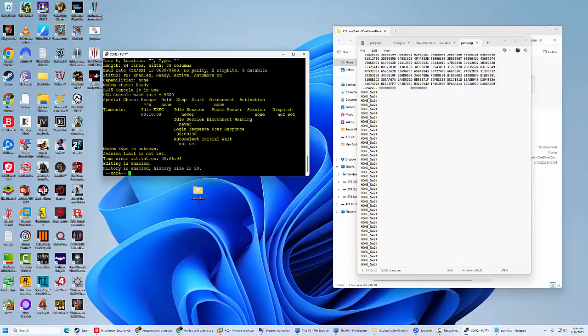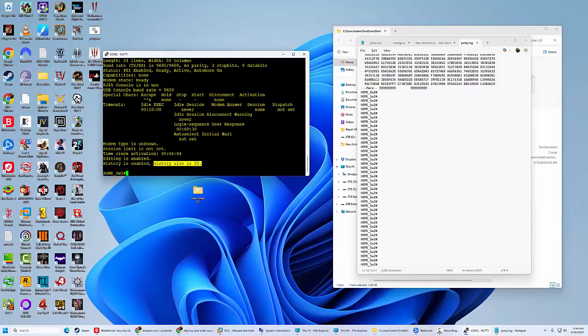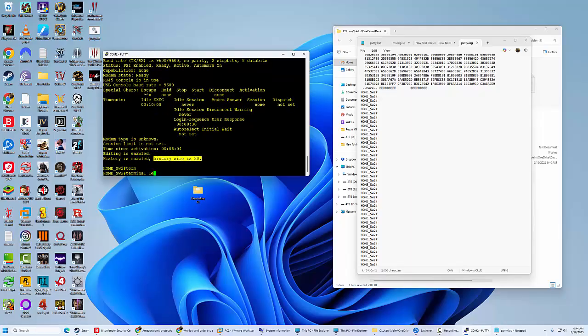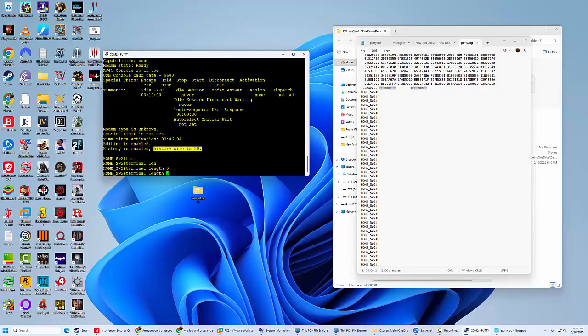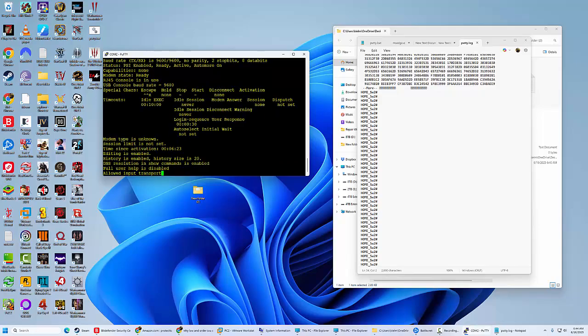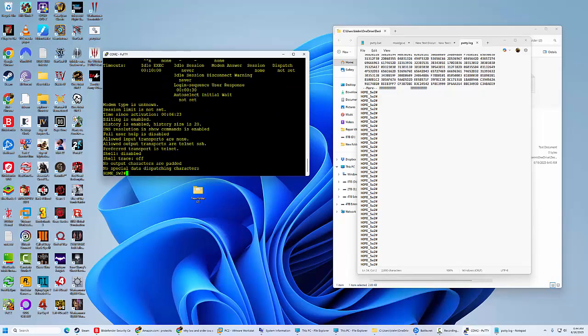20. There it is. That's your history size. Okay? We are going to say terminal length 0. Show terminal. History is enabled. Oh, that's history, I'm sorry. That is when you do the up key. It'll save the last 20. I don't think it has the information as far as what the length is, but it doesn't matter.